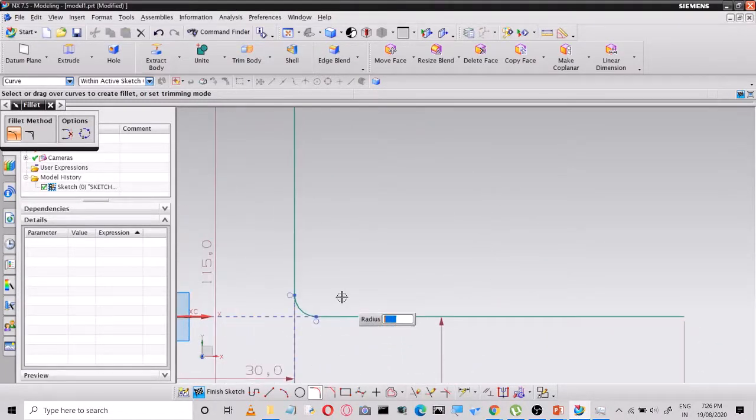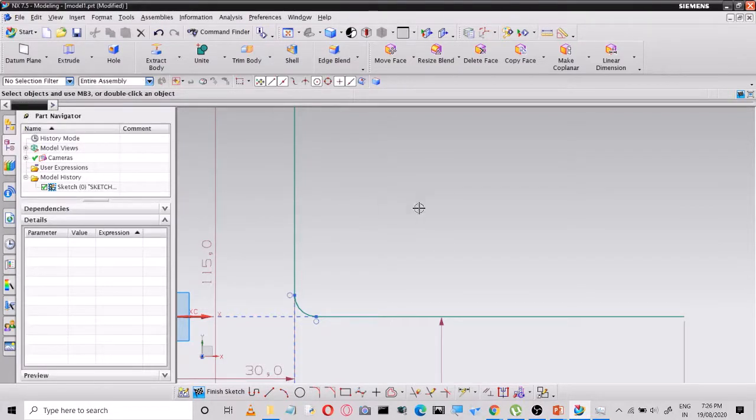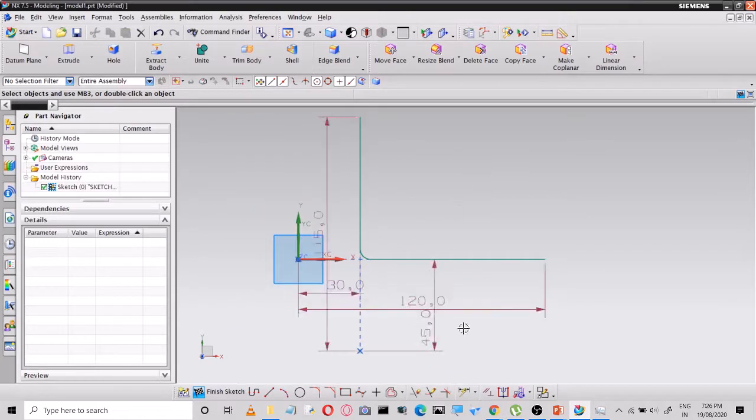Now you have another option, whether you want to trim the corners or retain the corners as they are. So the options are delete third curve and create alternate fillet. This is an additional feature.